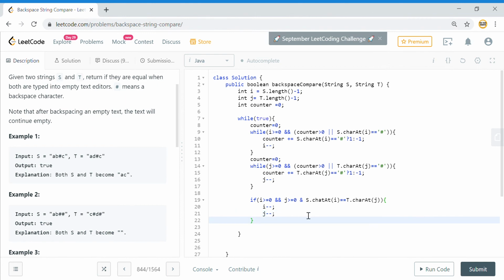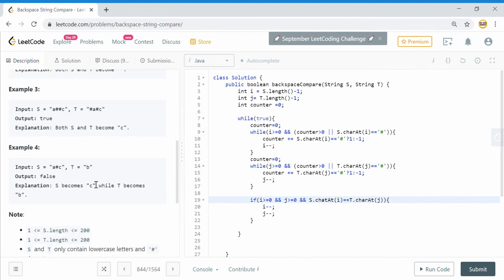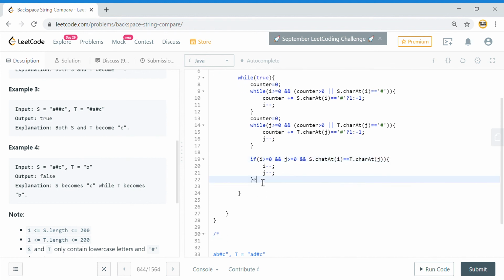If one of these conditions is false, it means that we have messed up. It means that the characters are not matching, or one of them has an extra hash, which means that i has finished, or a condition like this where we have s and t of different lengths. So this will be like c and this does not match with b. If this is not the case, then we will simply break from this loop, saying that okay, the condition does not match.